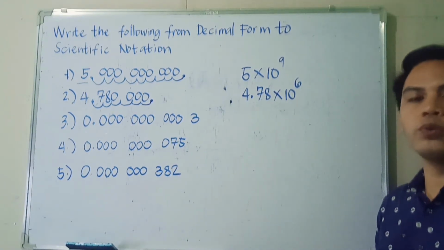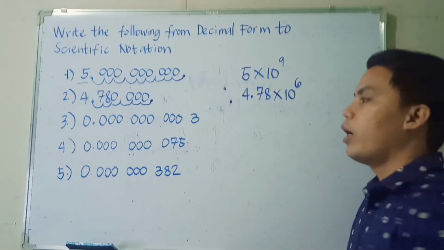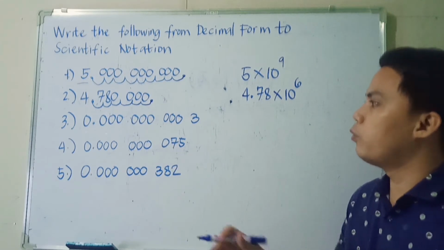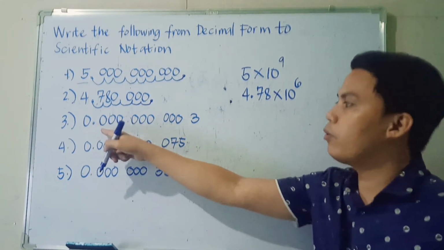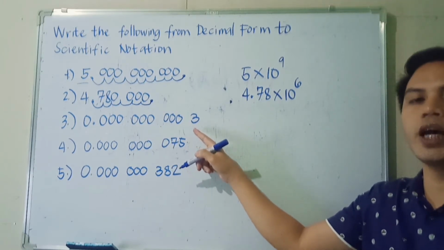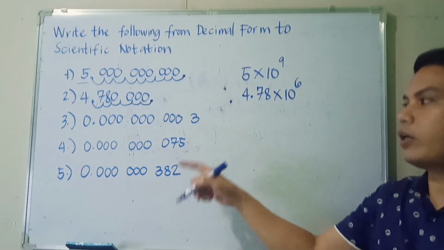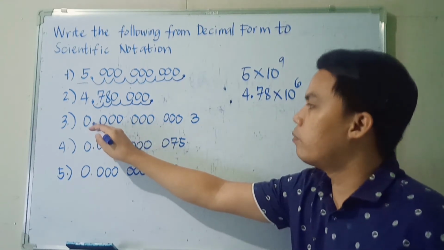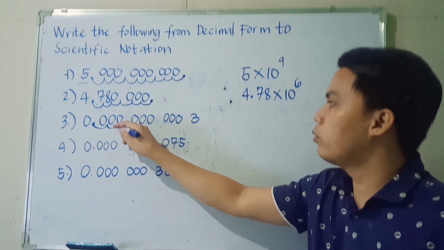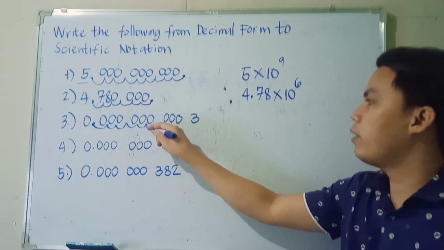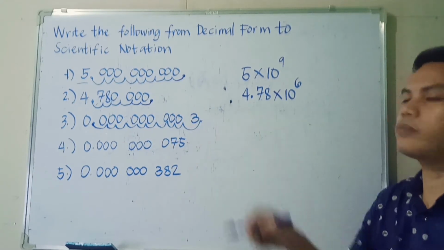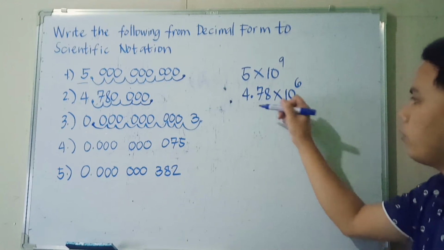Okay, now what if we're going to move the decimal point from left to right? Pag left to right naman, we make sure na yung decimal point is located after the first non-zero digit na ma-encounter natin. Okay, let's have this one. Nakalagay na yung decimal point, so dito na tayo magsa-start. So we have 1, 2, 3, 4, 5, 6, 7, 8, 9, and 10. Okay. So 10, we have